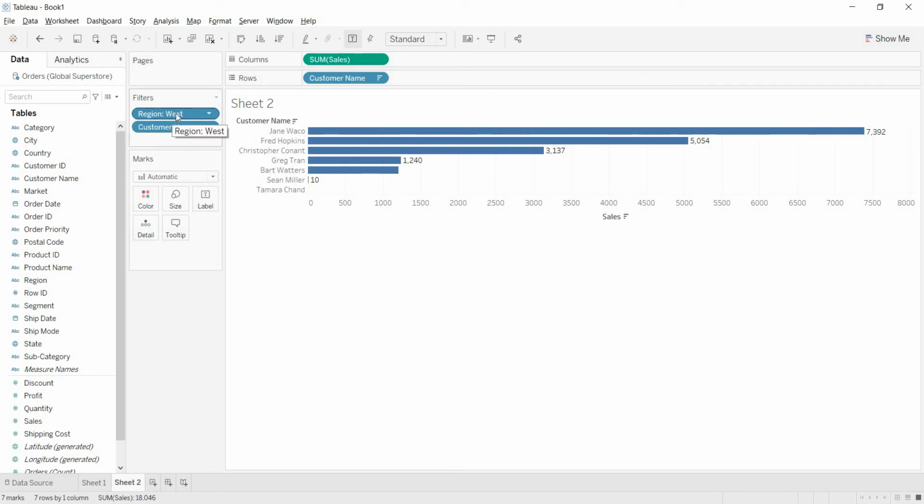What that means is, when you have taken region equal to West, this query will go and hit the database and fetch the data. And again, when you apply top 10 analysis on the customer name in the filter shelf, again this query will go and hit the database and fetch the data.